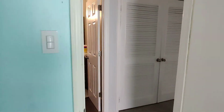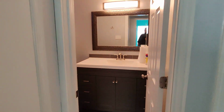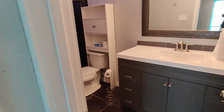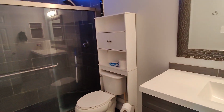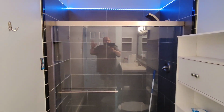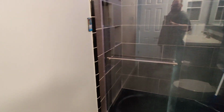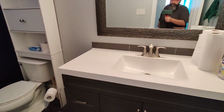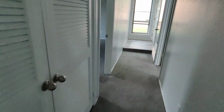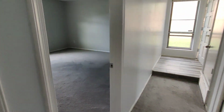Now, this is the hallway bathroom. This was the worst of all the rooms that we had, and so it was the first one that we completely redid. So it's got this gorgeous shower with colored LEDs, and everything's nice and modern. Laundry room here, and then the master,